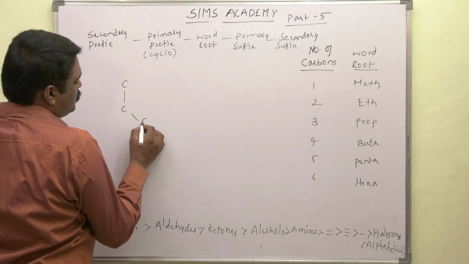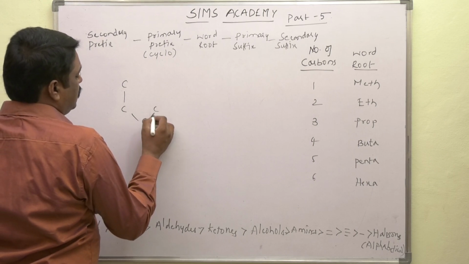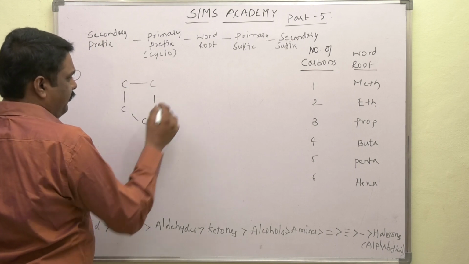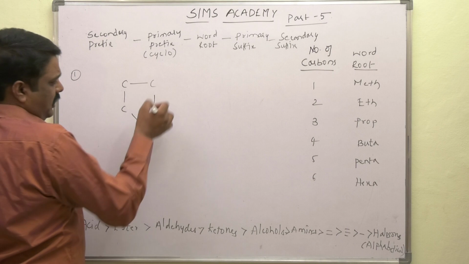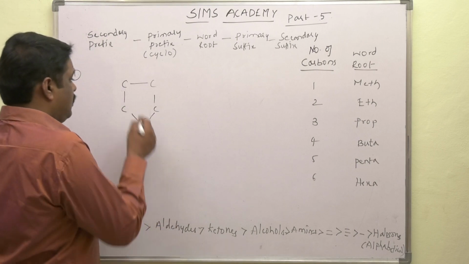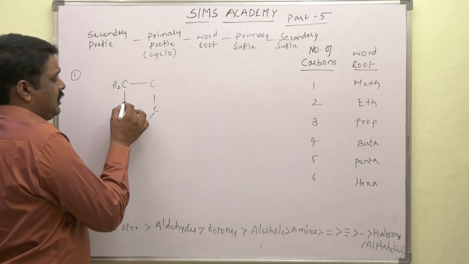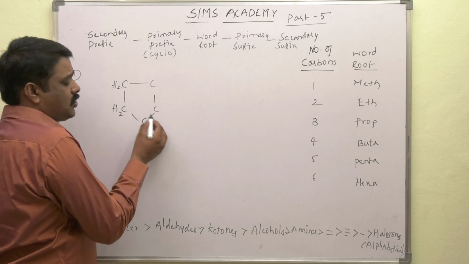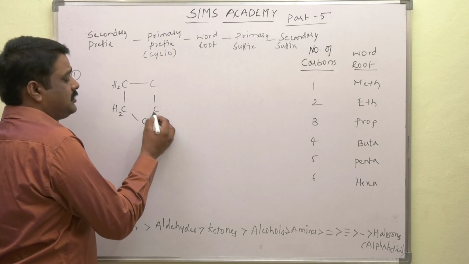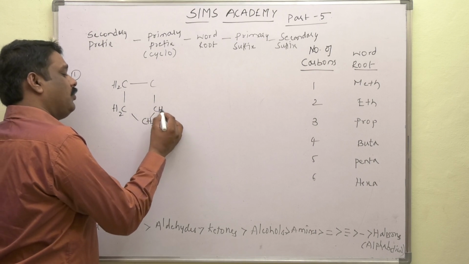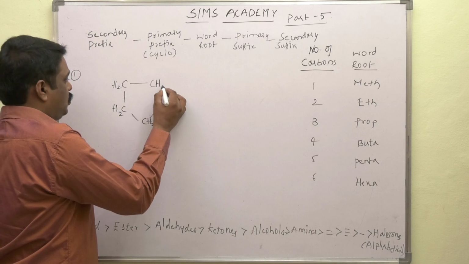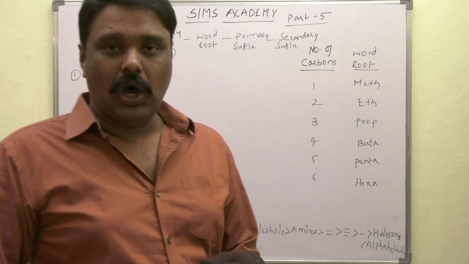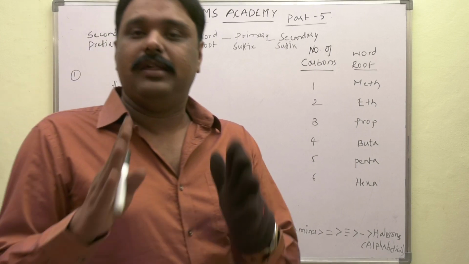1, 2, 3, another carbon. Okay, all are formed with single bonds. Let us fill them with hydrogens. For this carbon, 2 bonds, other 2 bonds with hydrogens. For this carbon, 2 bonds, other 2 with hydrogens. For this carbon also 2 bonds. Here, all are of similar type. All the carbons are similar, CH2.